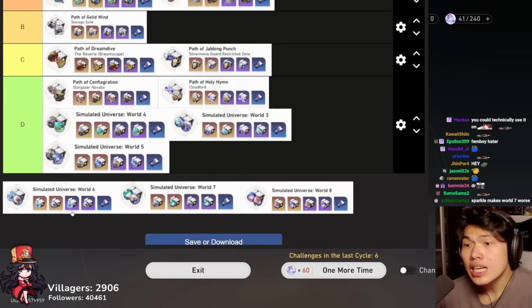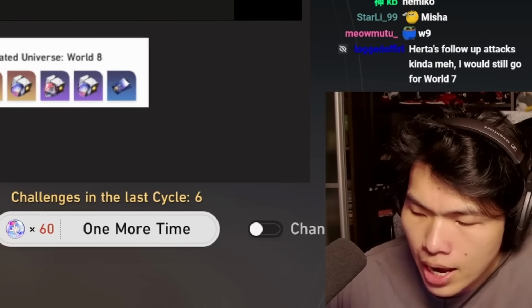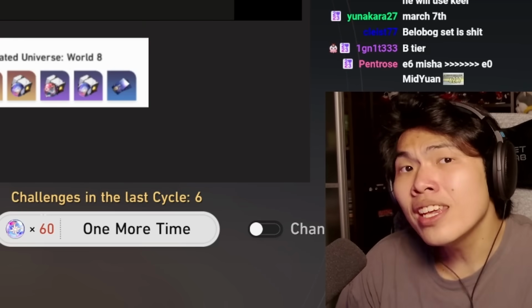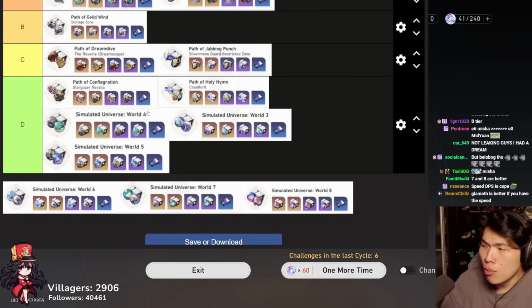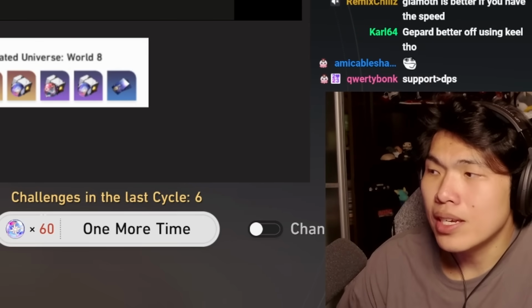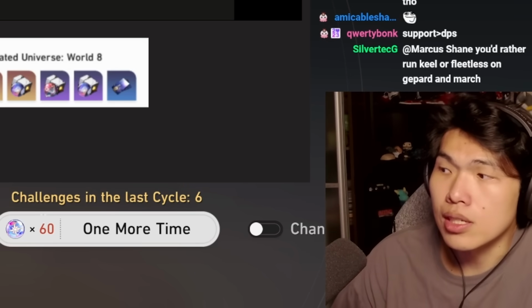Honestly, it's not that bad because quite a lot of DPS uses it, but my counter argument for players that think that World 6 is super good: DPS, they come and go, right? Right now we're seeing an influx of follow-up attackers and units that use ultimate damage. For now, what's stopping MiHoYo from releasing DPS that are not follow-up attackers and not ultimate damage dealers in the